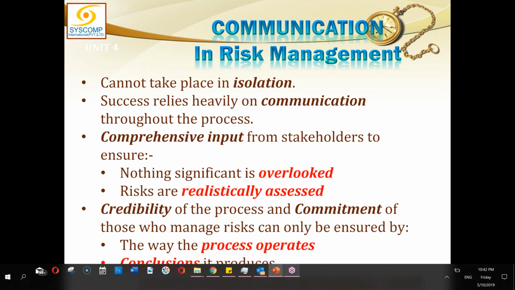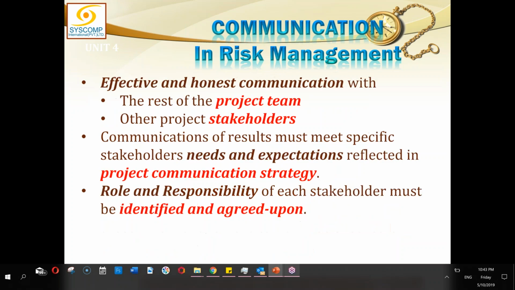Credibility of the process and the commitment of those who manage risk can only be ensured by the way the process operates and the conclusions it produces. So at the end of the day, it would be seen how effective you have been. So if you have done well at the end of the day, then your risk management process will be validated. So to ensure that you get good results at the end, you must take care of these points. You must communicate properly. You must get the stakeholders engaged and involved, and you must ensure that your credibility will ultimately be maintained. Effective and honest communication with the rest of the project team and other stakeholders, meaning what there